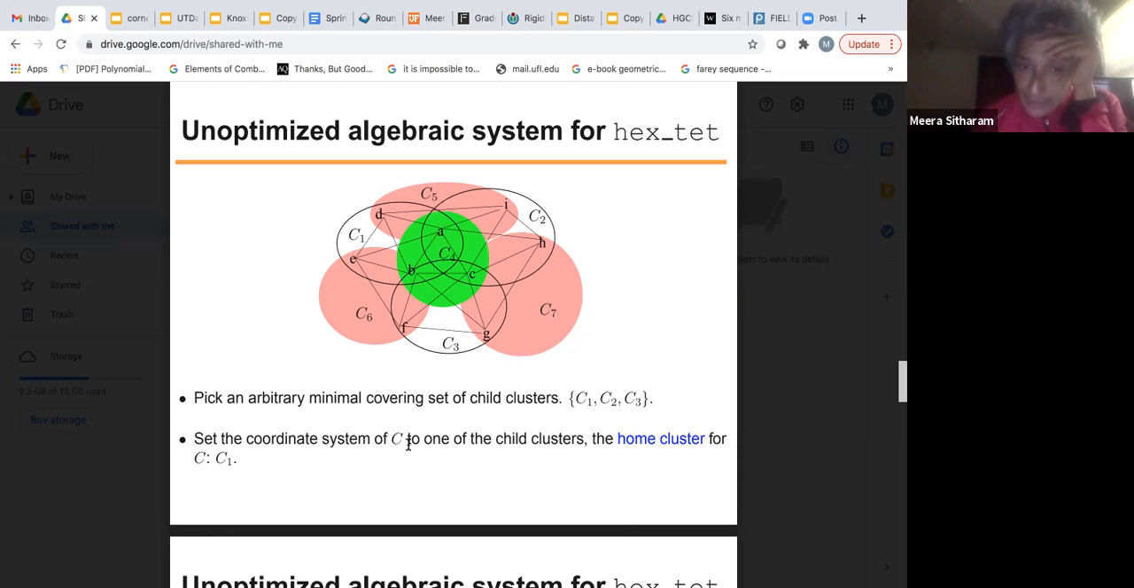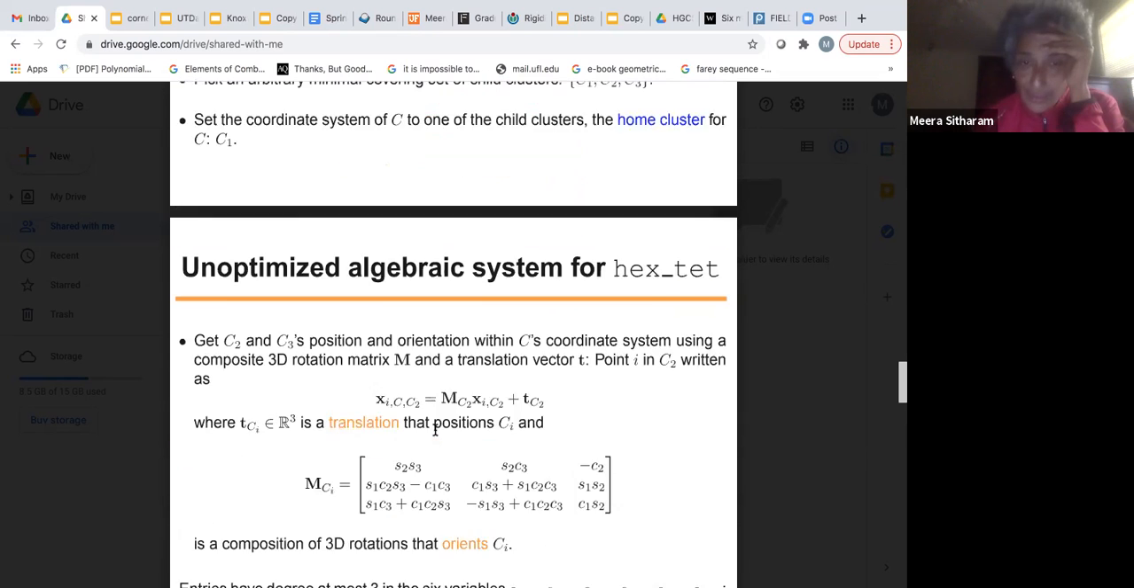So we set the coordinate system of C to be one of the child clusters, which is the home cluster. In the simple case, we're only going to take C1, C2, C3, and we're going to take C1 to be the home cluster. This would be sort of the dumb way in which we did it a moment ago: we had 3 clusters and we just took any one of them and set it as the home cluster. Home cluster means that's the coordinate system in which everything is eventually going to be expressed. Okay, so